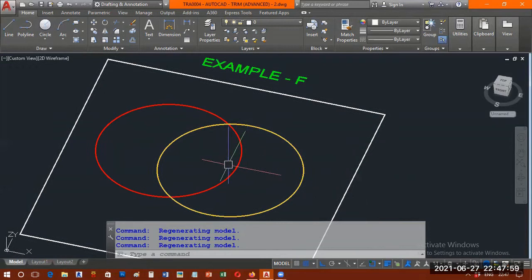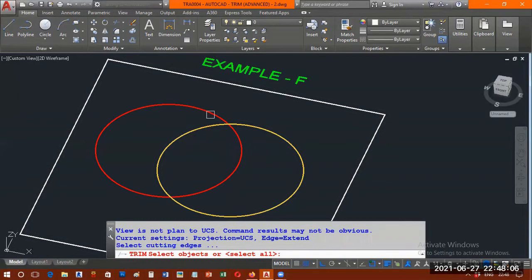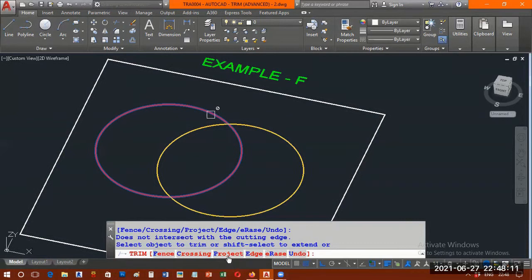This belongs to 3D. I repeat again, TR, enter. I select the red circle, enter. Meaning the first floor circle I selected, enter. Now I go to project. I say project. I say just UCS. There are two options there, UCS and view. If I go to the UCS option, enter. If I click on this, see the portion is going to cut. The portion of the circle is going to cut as per the 3D, but it depends on the UCS. UCS means the XY axis projecting out.